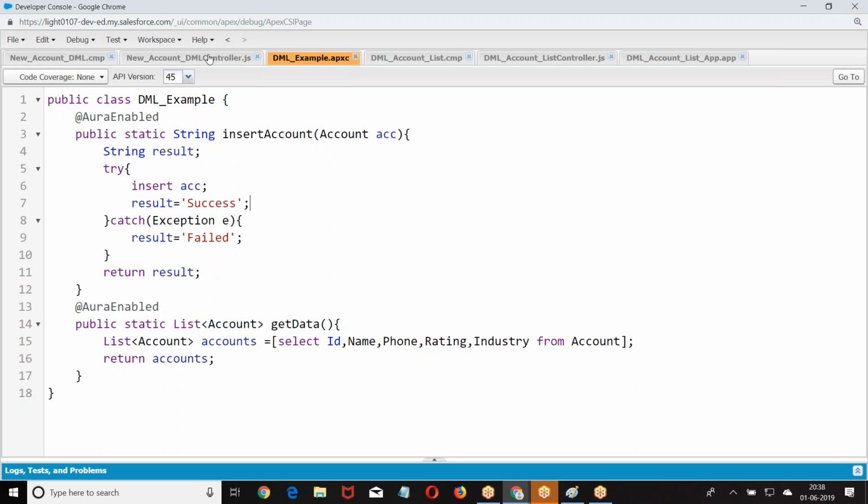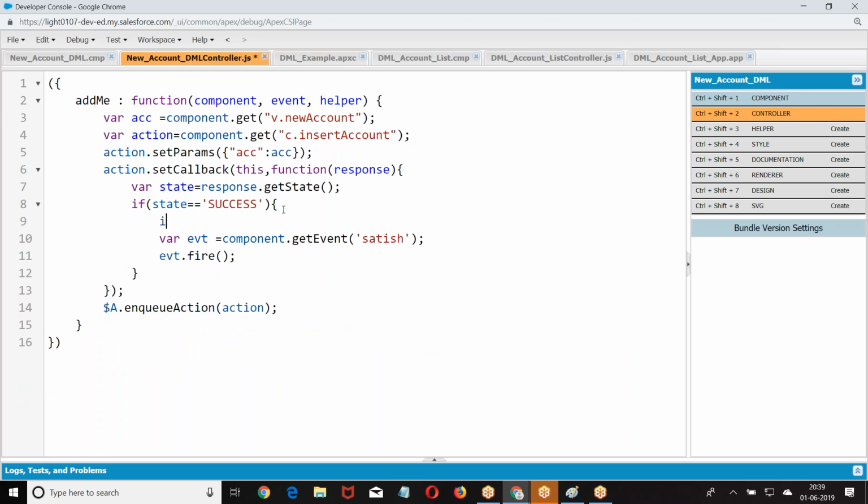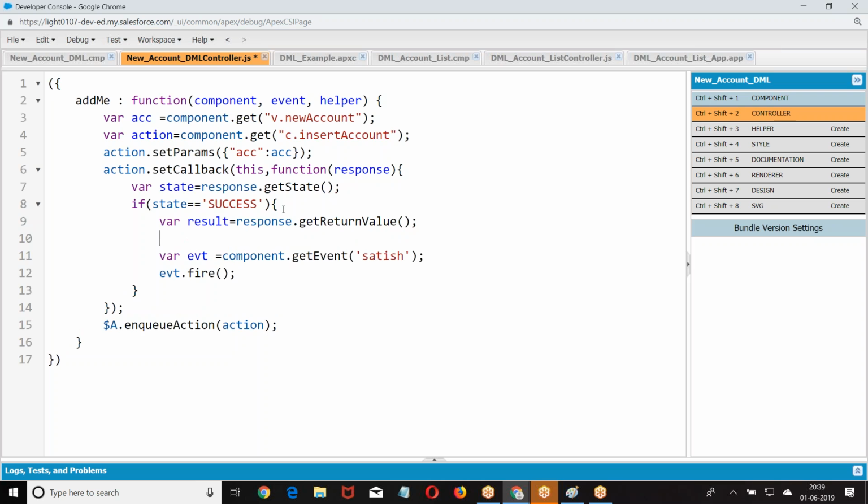Then I was supposed to check here. If result equal to response dot getReturnValue, if result equal to success,